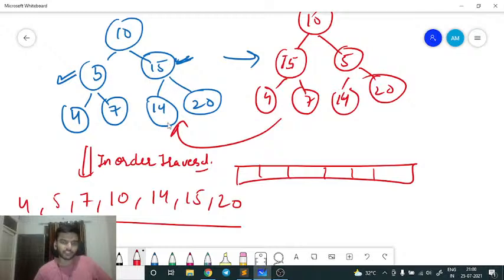Because it is a DFS kind of approach, you go in depth, then you will come to 14, then 15, then 20. So it is the in order traversal here. And since it is a BST, this is the property of a BST: if you apply an in order traversal on a BST, you get a sorted array. Since I get this sorted array,